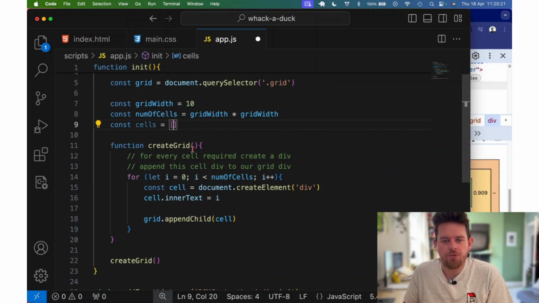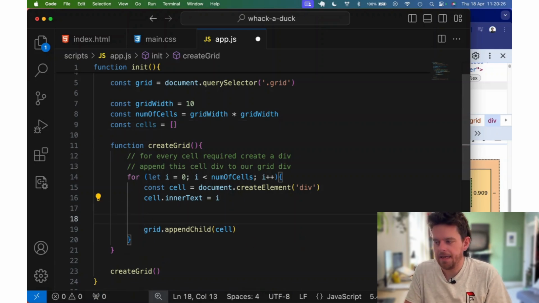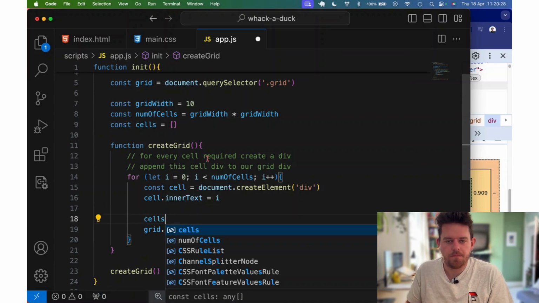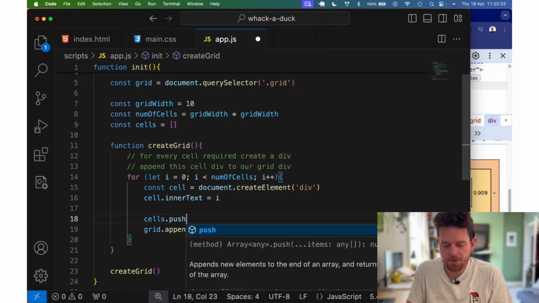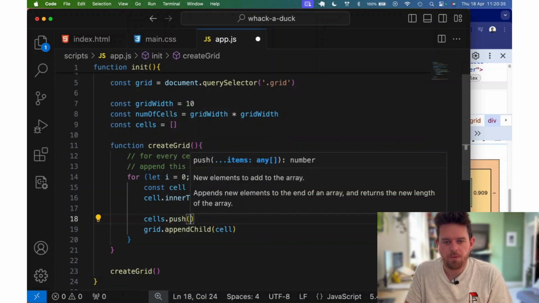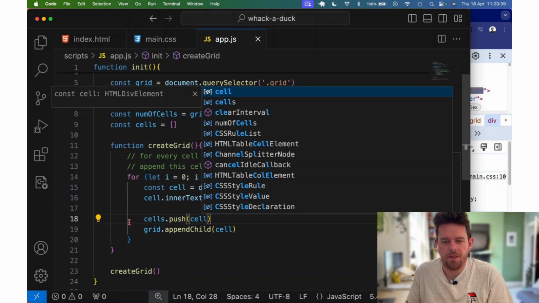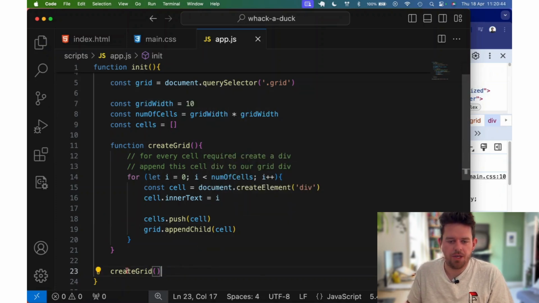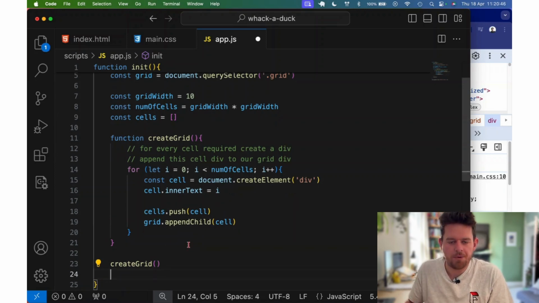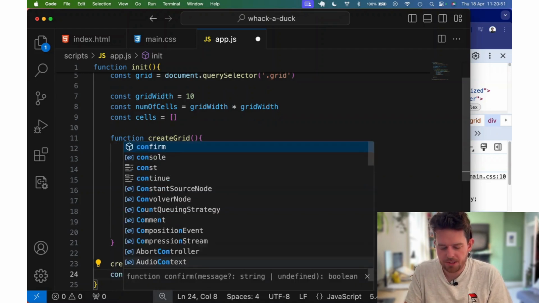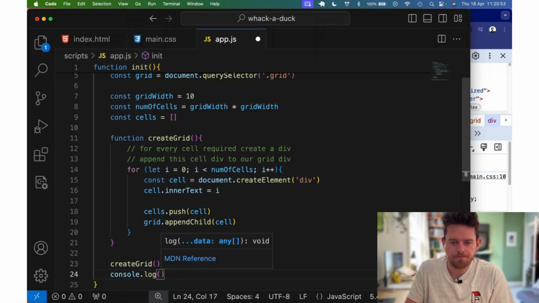And then in our create grid function, what we're going to do is we're going to say cells, so this array here, dot push, and then we're going to push our cell to that. So actually, let's just check that that's working. So underneath our create grid, where we're invoking our create grid function here, we'll say console.log